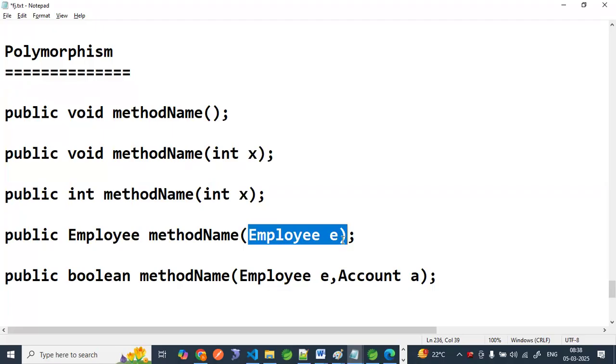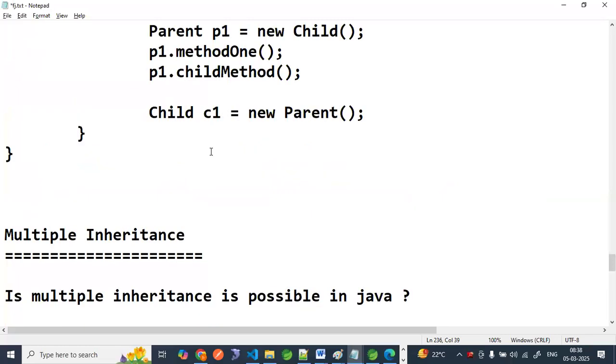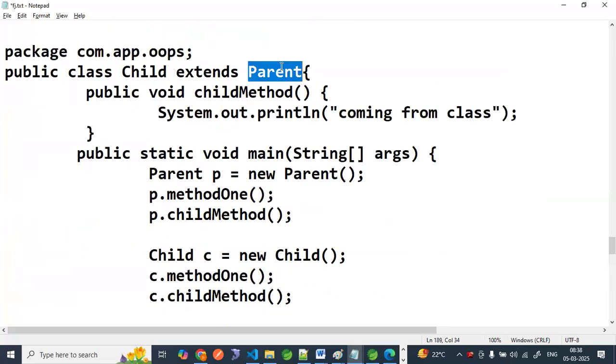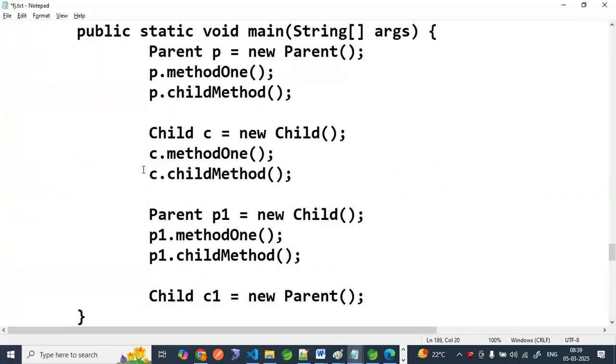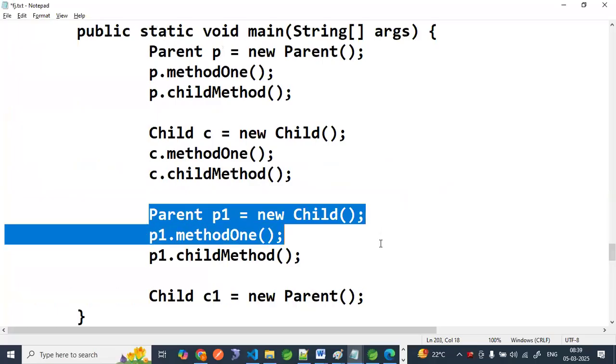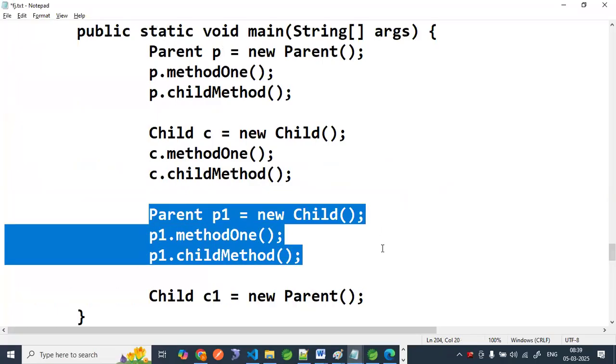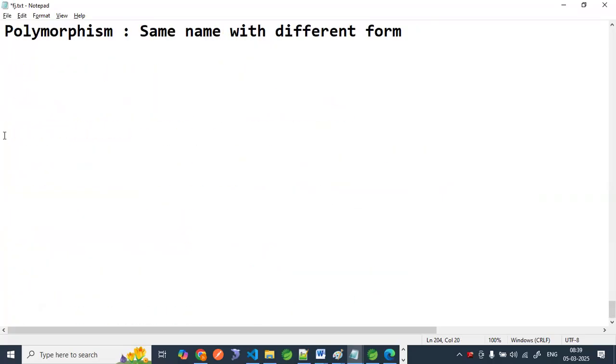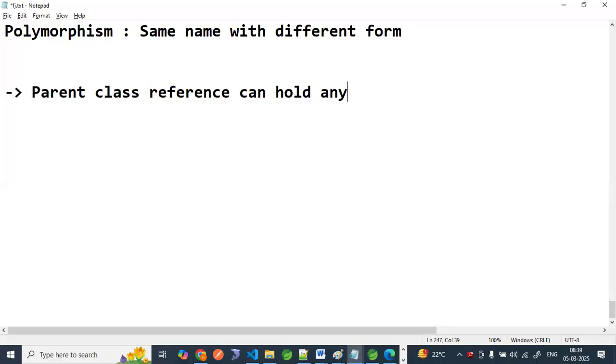Apart from that, we have seen this example also. For example, there is one parent class and there is a child class. We have seen that a parent class can hold a child class. This example is valid. If there are n number of child classes, then we can say a parent class reference can hold any child class object. For example, in collections,